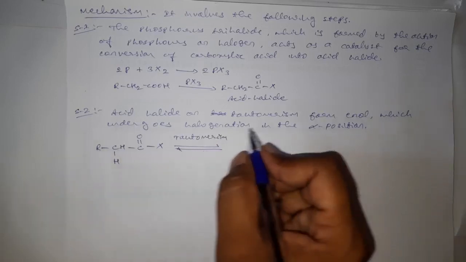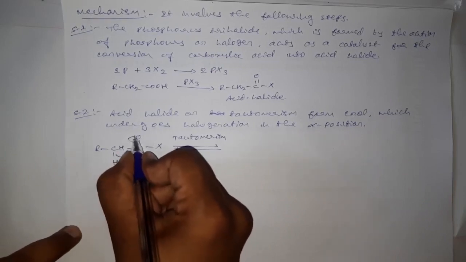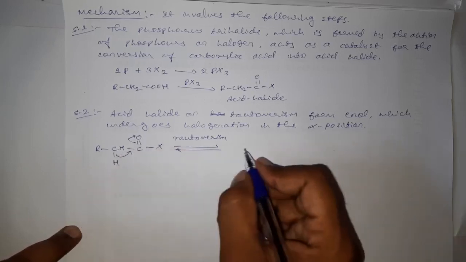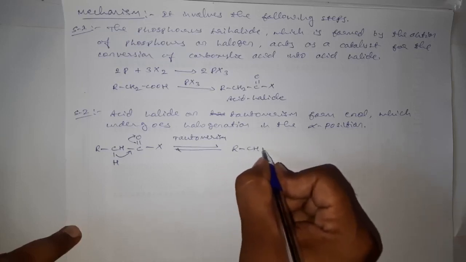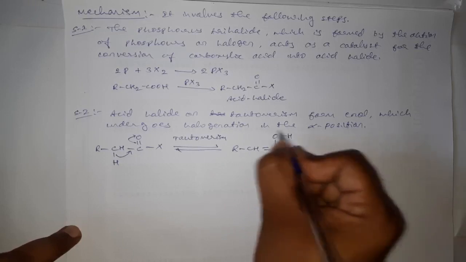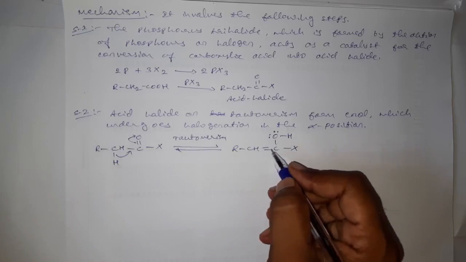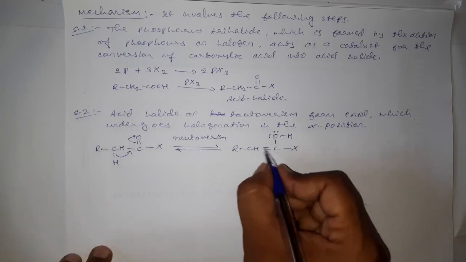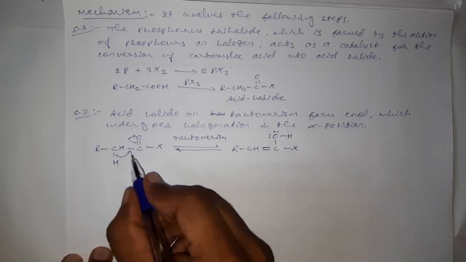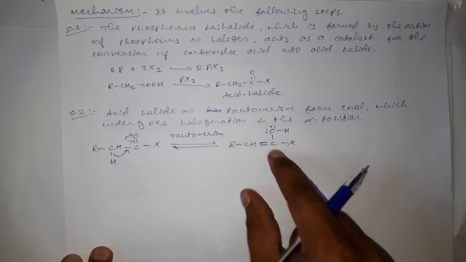Tautomerism. And here this hydrogen will now shift to this carbon, and this oxygen will get a negative charge and it will abstract this proton. And forms RCH double bond C X single bond OH. And as this is containing OH group, it is called enol, because the carbon which is having a double bond is having OH also, therefore it is called what? Enol form. This is a keto form. The conversion of keto to enol or enol to ketone is called tautomerism.